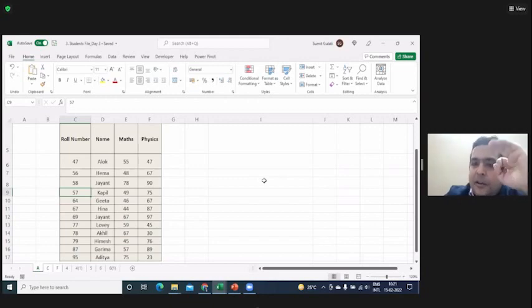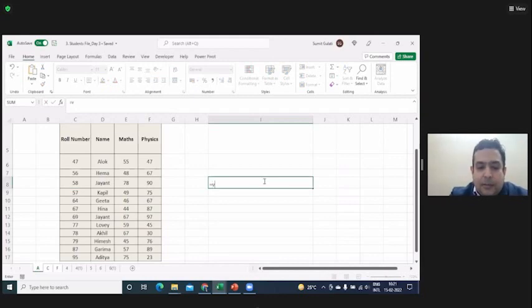It retrieves the relevant value for me by using a formula which is VLOOKUP. What is the first thing I told you? You have to retrieve the maths marks of a roll number. So is it not asking you the lookup value, what to look up? So I'll say look up for 57. Now what is it asking? Table array. It is asking you from where to pick up, because Excel does not know.